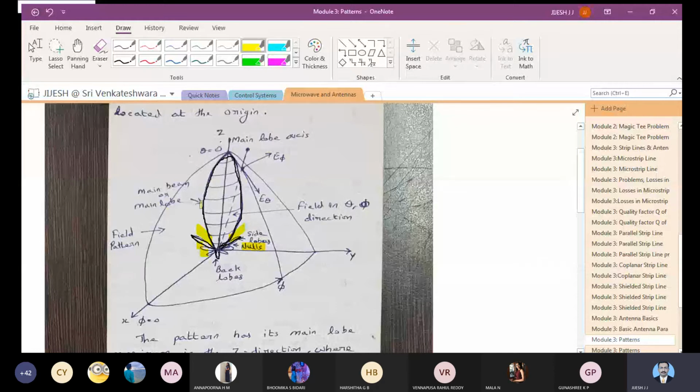So the entire thing is called as a field pattern, and this one is called as the main lobe. Which one I am saying, the bigger lobe is called as the main lobe. And then you have theta is equal to 0 at this point, phi is equal to 0 at this point, and you can see that phi component varies in this direction and theta component varies in this direction. So this is what you can see, the fields in theta and phi direction. So you can just draw this figure, and then we will proceed further.